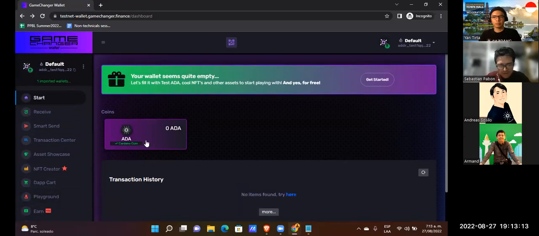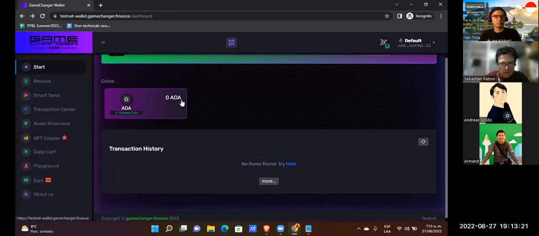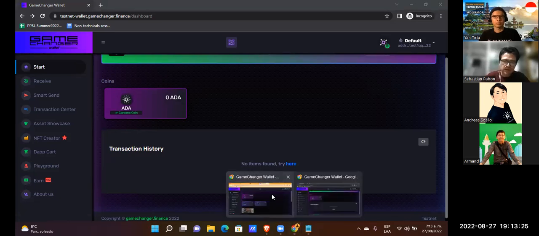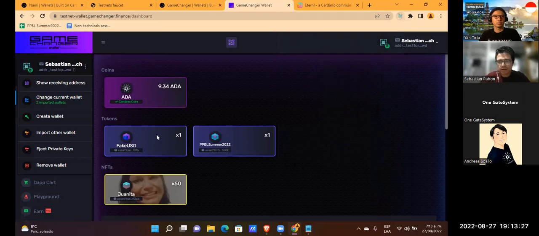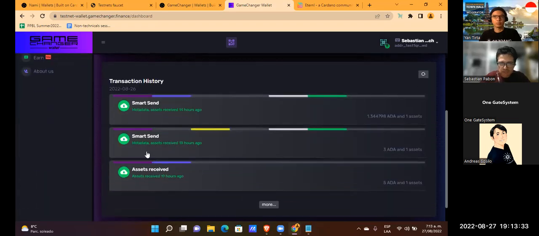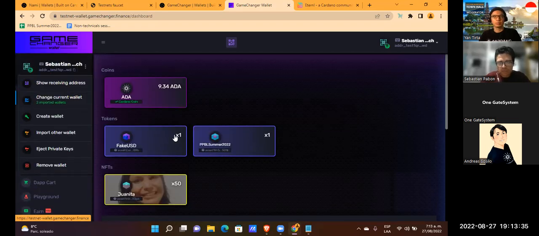From the beginning, you can see you have only this default wallet, with 0 ADA. Meanwhile, when you have other wallets, you can see many things, for example, some fake ADA, some other tokens, some other activity.